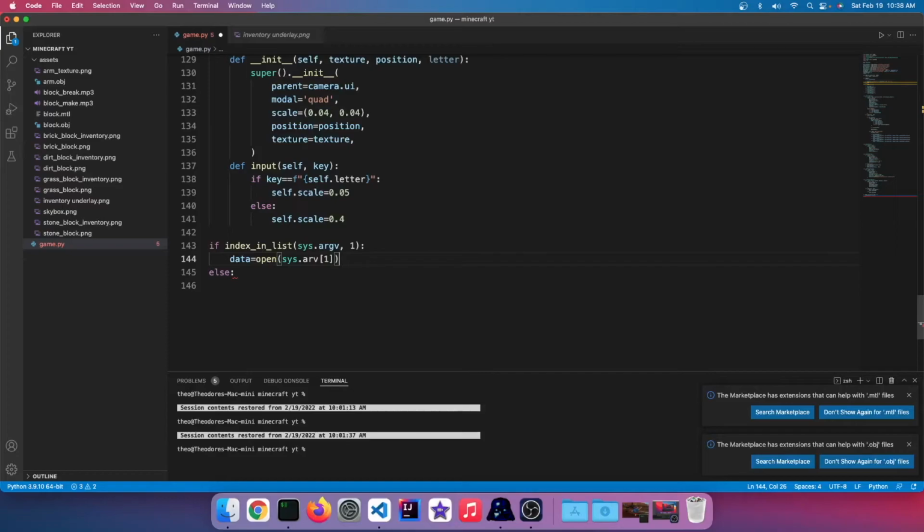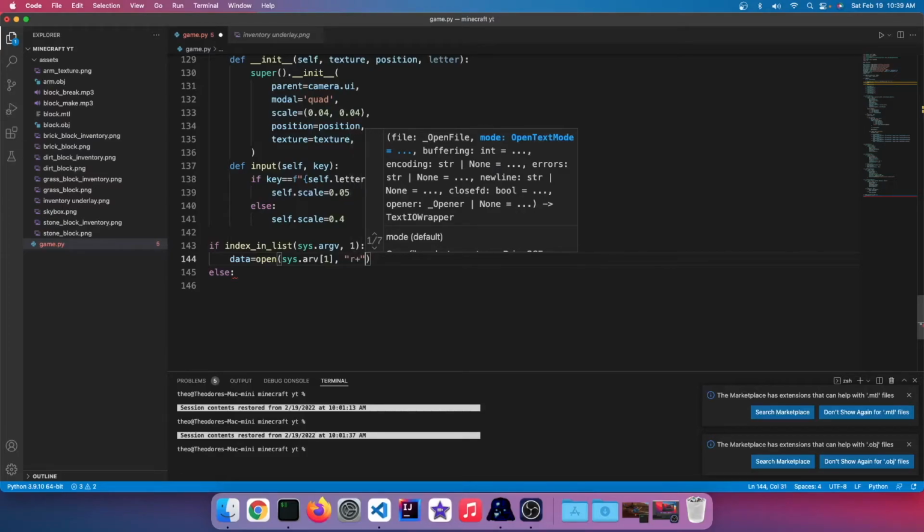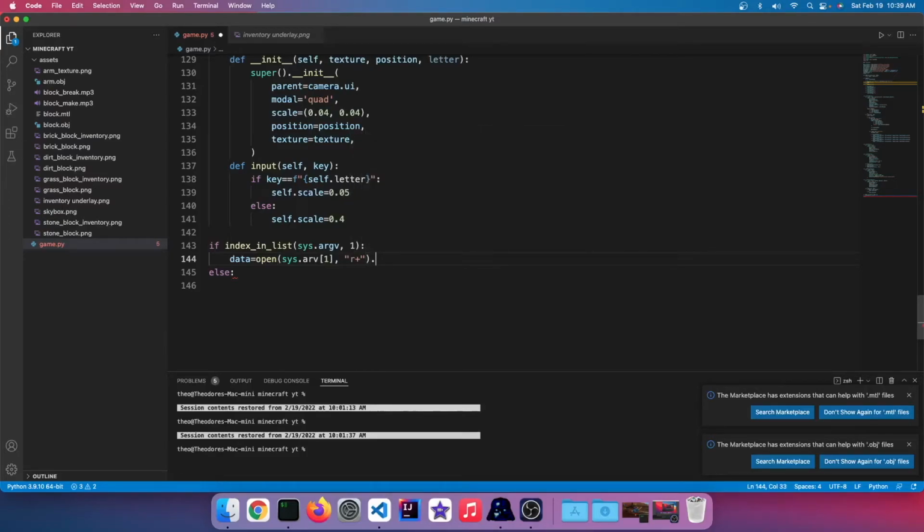argv1, and then I need quotes, and it's going to be r plus, okay, which will give us permissions, .read. Okay, and then the other thing we need to do is use the JSON function to convert the JSON, as in file, to a Python dictionary, which Python can read. So we can call this data Python list